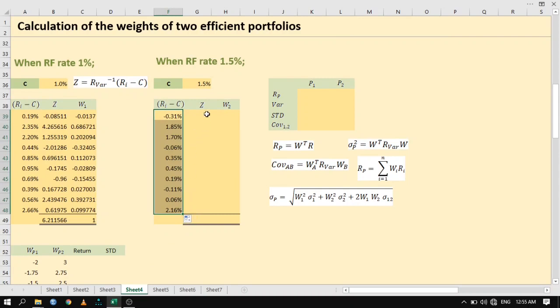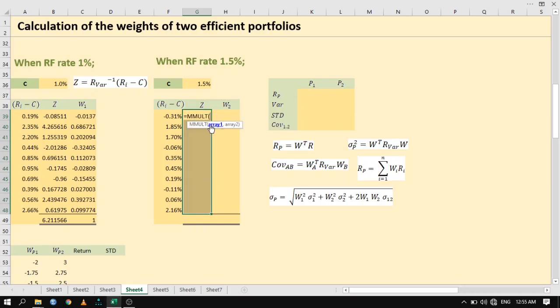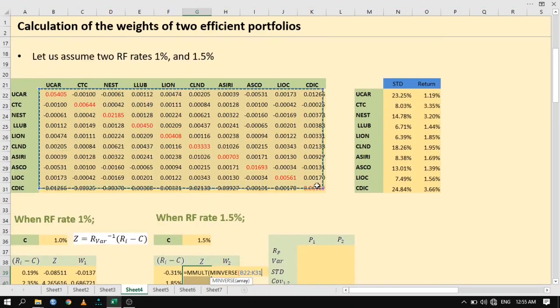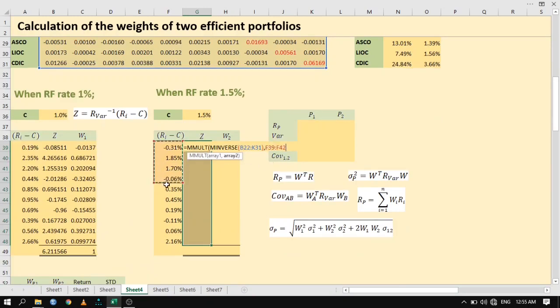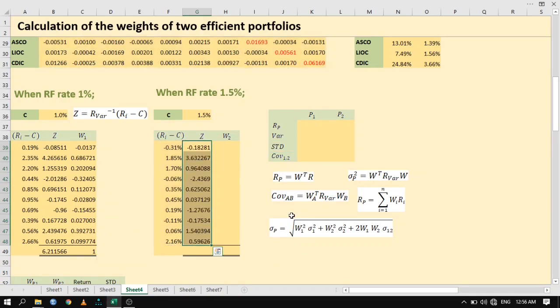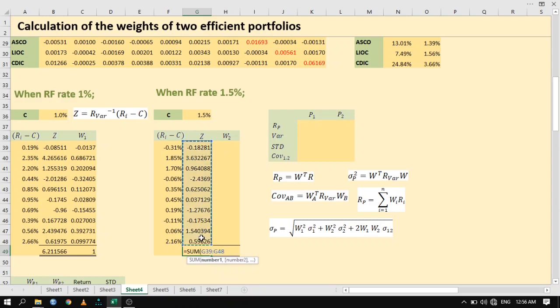right. Then again Z values, select the whole vector, equal mmult, and minverse to get the inverse of the variance covariance matrix, close brackets, comma, and select the Ri minus C vector, close bracket, control shift enter. Again you get these values. So you get the sum of all the z values, and then you can calculate the percentage values here. Individual z value divided by sum of all the z values, enter. So you have these weights